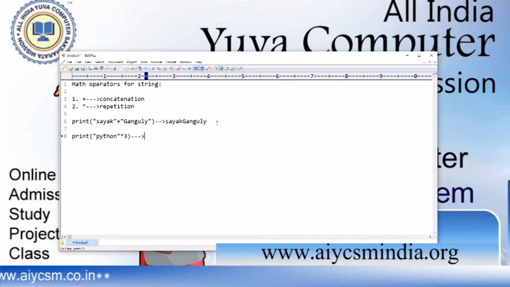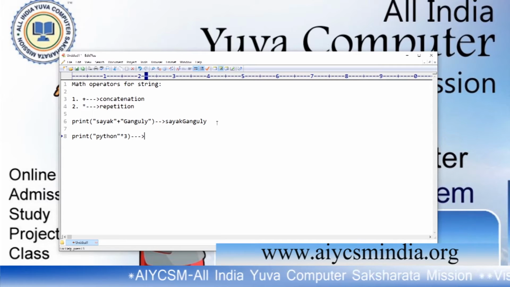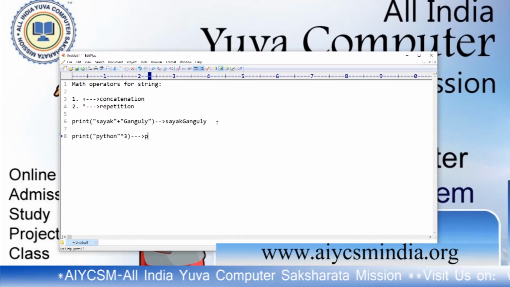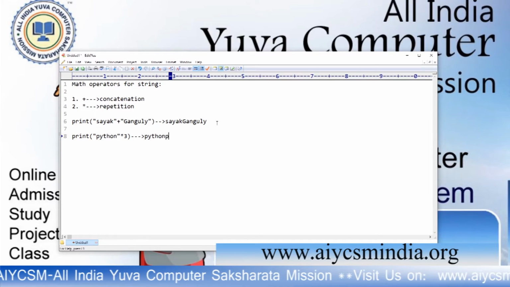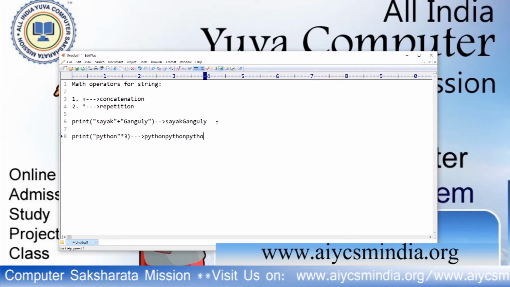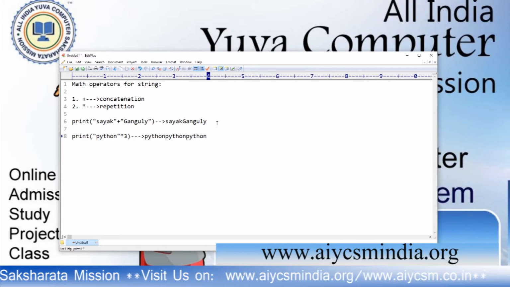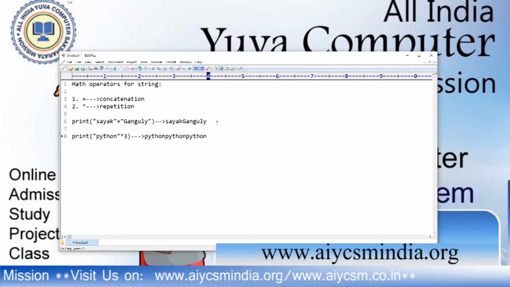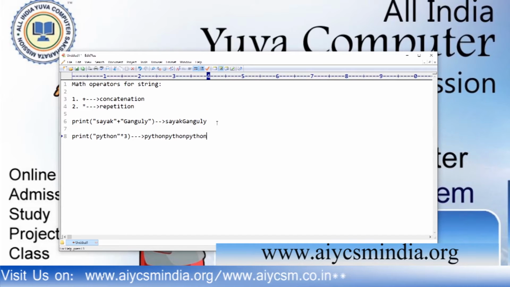You can use 3 into Python or Python into 3. It will print Python 3 times. This is the concatenation operator and the repetition operator.